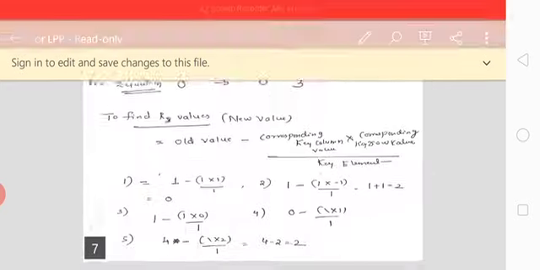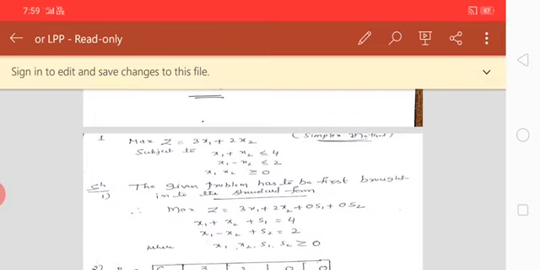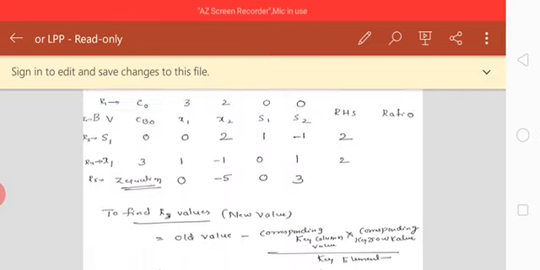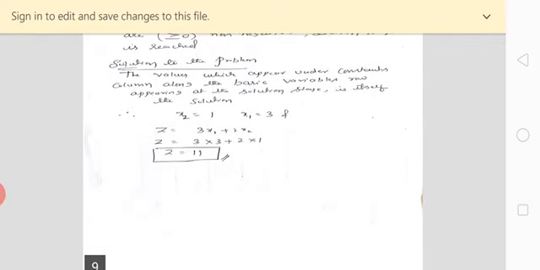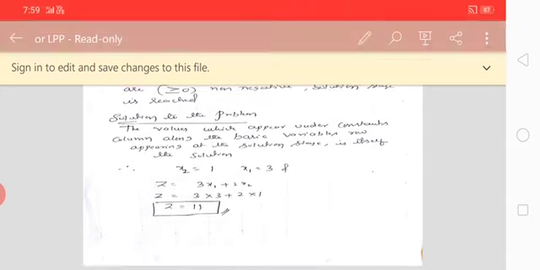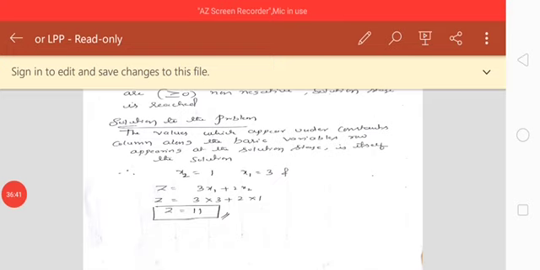My objective function is 3x1 plus 2x2. The x1 value is 3 and the x2 value is 1, and if you do it, you are going to get 11. The maximization function value of my objective function is 11. This is how we need to calculate the LPP using the simplex method.